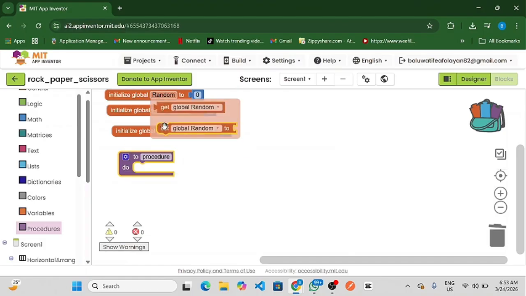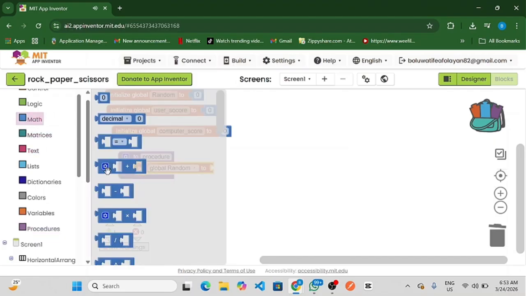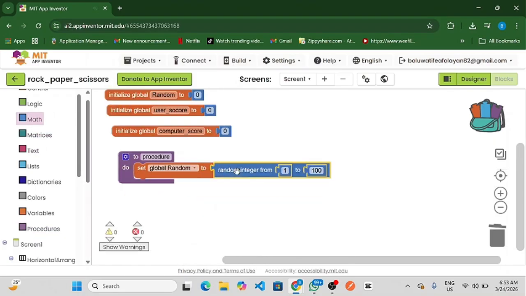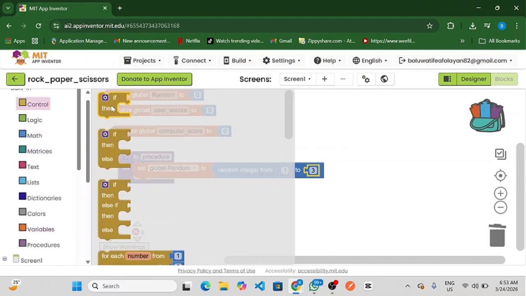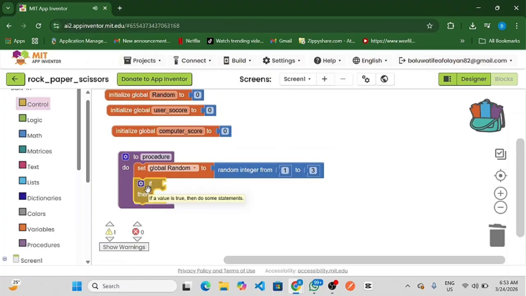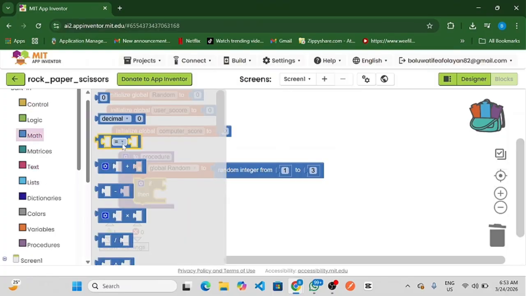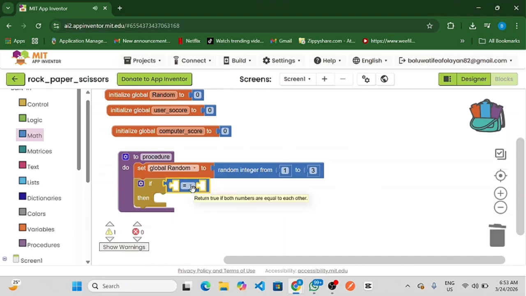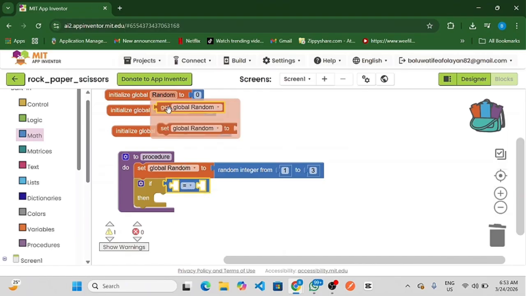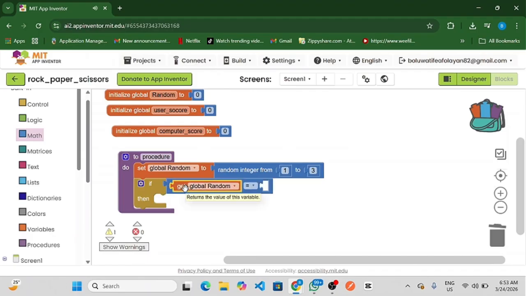We have to get global random. We set global random to math random integer. Now remember I said our random integer is from 1 to 3, so we have to change this 100 to 3. Then we need the condition statement or control statement, which is the if then. So for the if then, we come to math, then we get the equal to sign, then we get global random. Whenever global random is equal to 1,